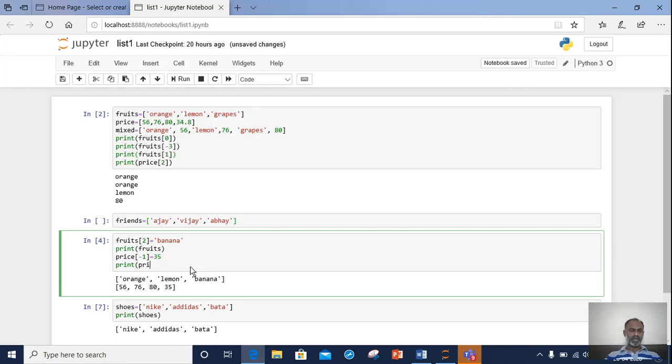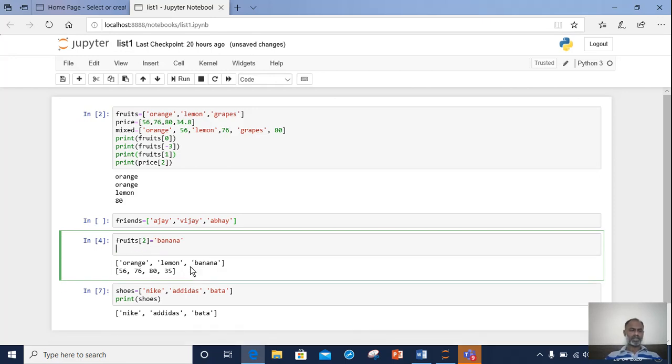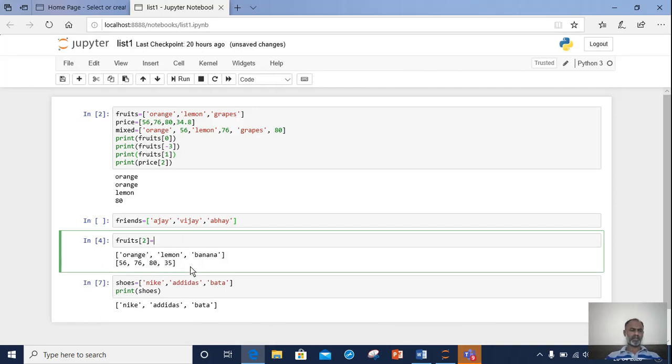Let us have a question first. Instead of lemon, I want to have banana here. Getting me? Instead of lemon, I want to have banana here.